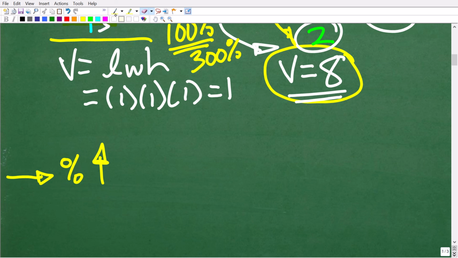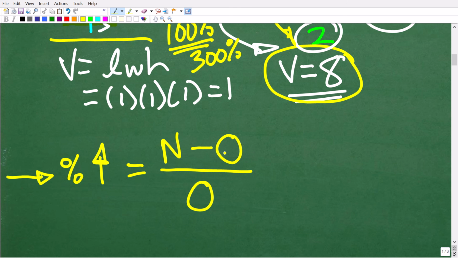All right, so here is the formula, and I'll show you the formula, but once you actually use the formula, I think it will make better sense. So what we're going to do is we're going to compare the difference of the new amount minus the old or starting or original amount to the original or old amount. All right, so in other words, we're going from 1 to 8. So we want to find the difference from 1 to 8. So what we're going to do is take 8 and subtract 1 from it. So we're going to take that new amount, because we're talking about the percent of increase, and subtract away the